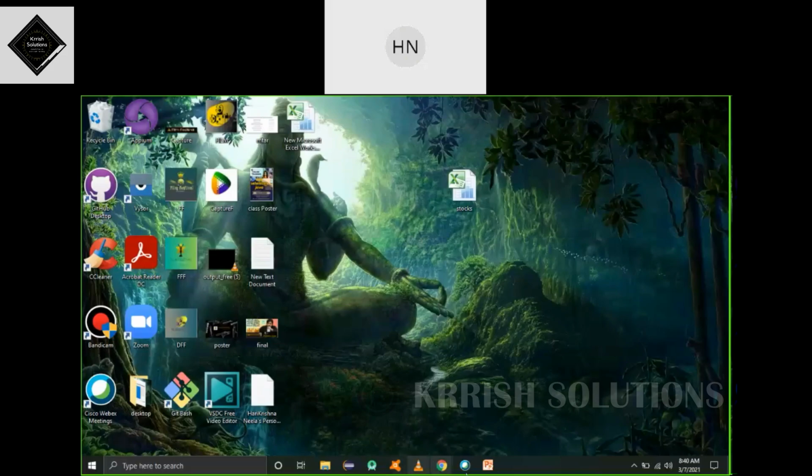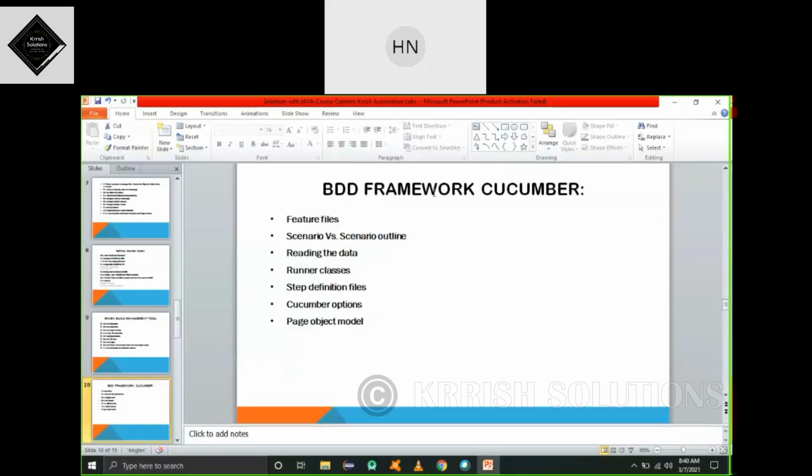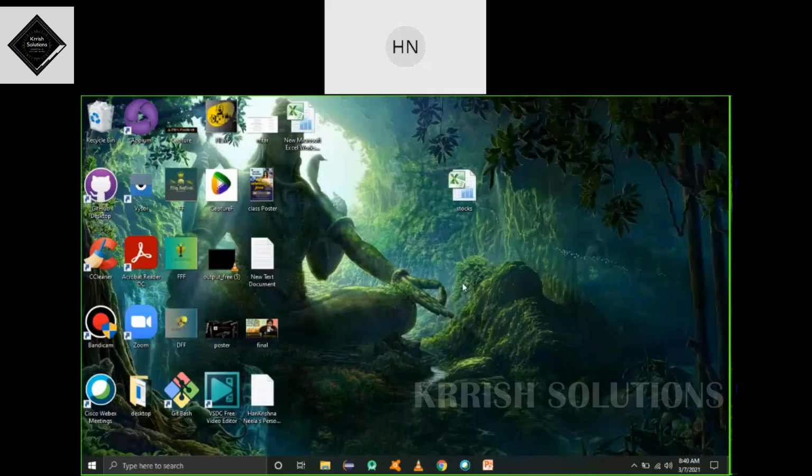Here, why are people stressing about this BDD framework? What is BDD generally? BDD is a behavior driven development approach. So why do I require BDD? Why can't I do it in the normal frameworks? Because clients are also eager to know what is going on in our automation scenarios. They are curious and want to know, on a high level, what our script is doing. So as per client suggestions and business people's requirements, the BDD framework came into the picture.